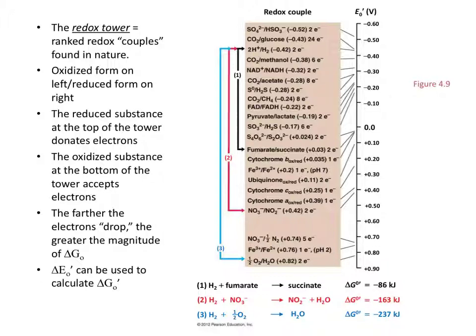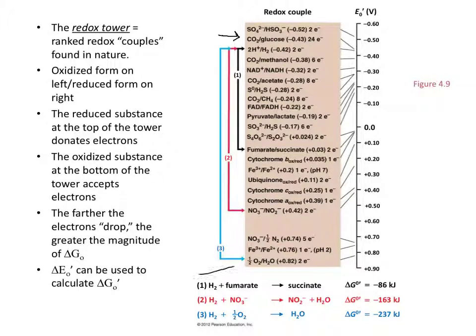Similarly, in accepting electrons, the acceptor gets reduced. So I want you to think about aerobic respiration. Glucose plus oxygen are converted to CO2 and water. The donor is glucose and the acceptor is oxygen. So look here